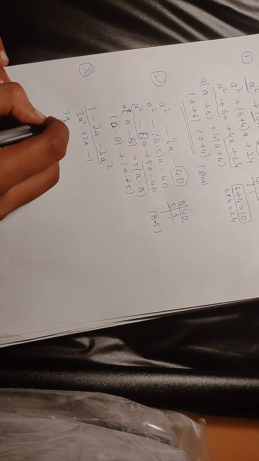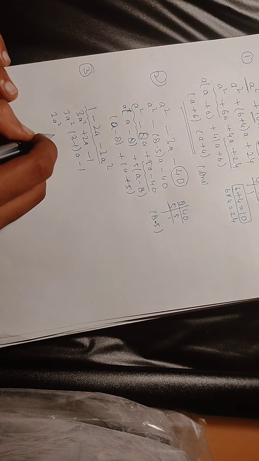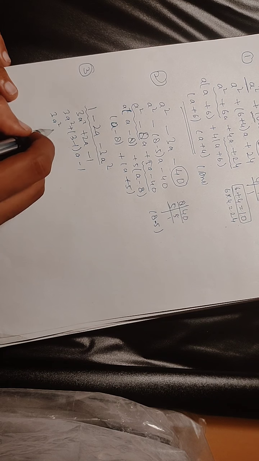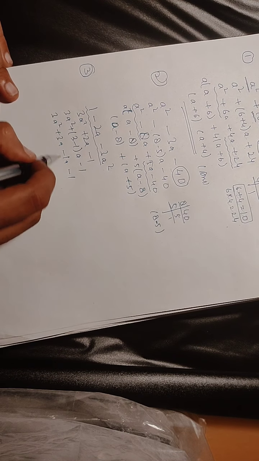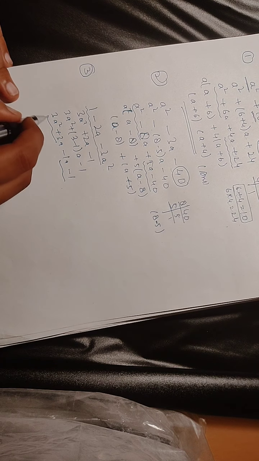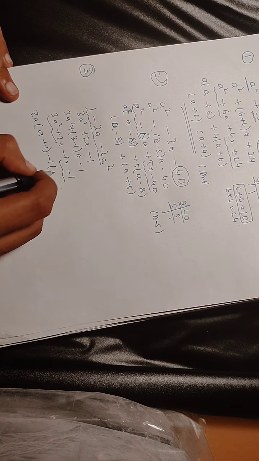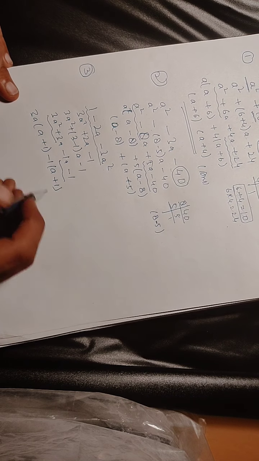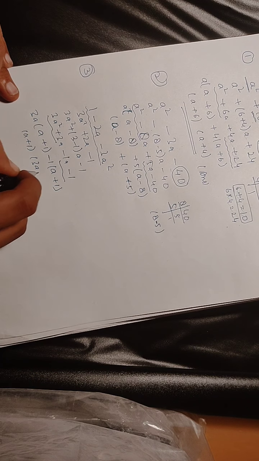Okay, then 3a square, 3 minus 1 will be 2, so plus 3a minus 1a, or a, we can write it a also, no problem. Then just take 3a common, so a plus 1 will be here, and minus 1 with a plus 1 will be here, minus plus minus. Okay, a plus 1 and 3a minus 1.